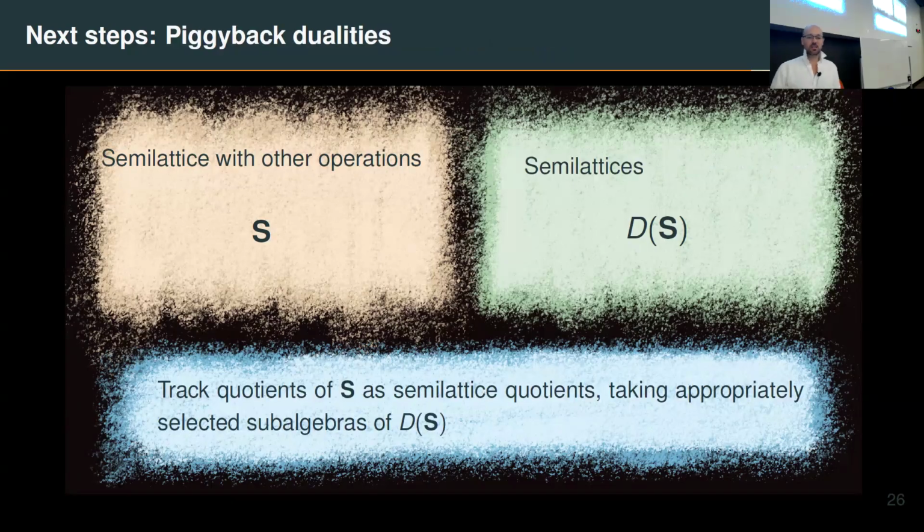Another idea is to generalize this a little bit, because you could still use actual semilattice duality even if you had a semilattice with operations that weren't necessarily homomorphisms. Because when you take a quotient of a semilattice-based structure, it is, amongst other things, a semilattice quotient. So when you collapse two points, you would be collapsing more things than was required just by the semilattice part. But provided you have a way to understand which things were collapsed, you could still calculate what the semilattice dual was, and then maybe have a more advanced version of the sparse or full crossing operator.